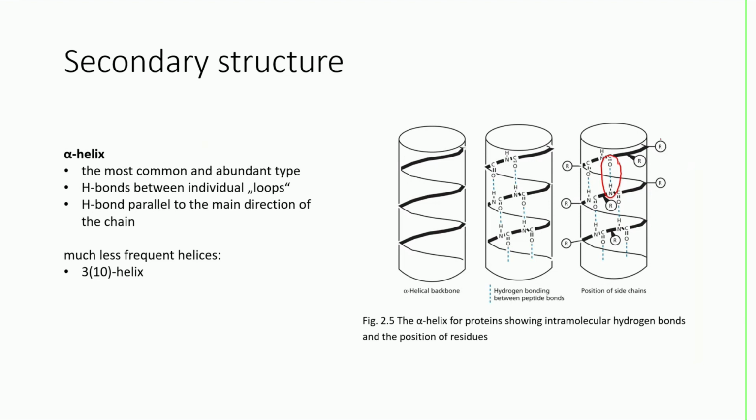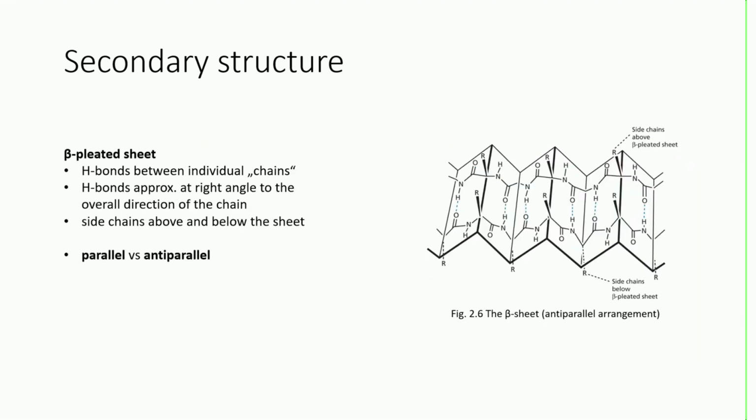The side chains of the amino acids are pulled out of the alpha helix. The other most important type of secondary structure is the beta pleated sheet, where the